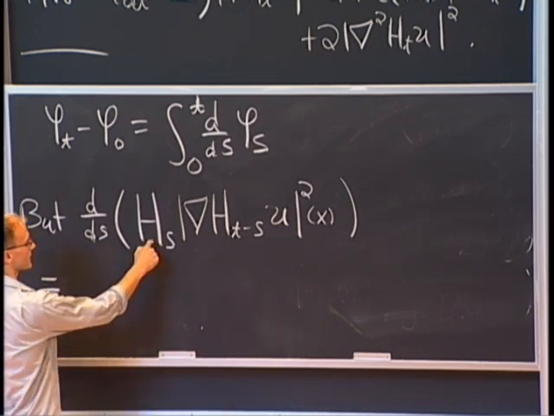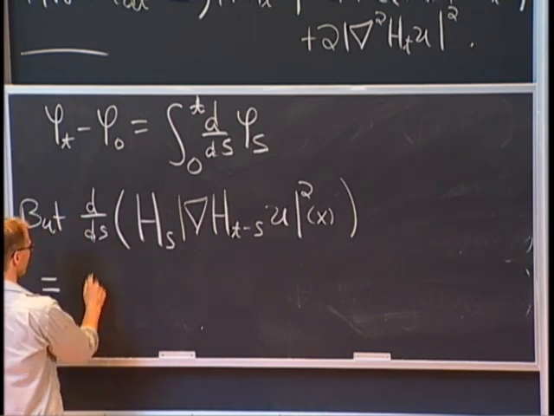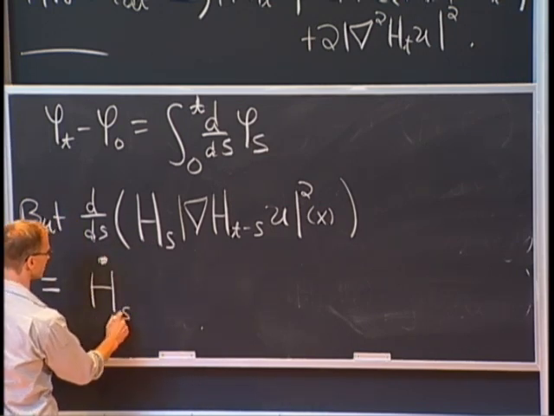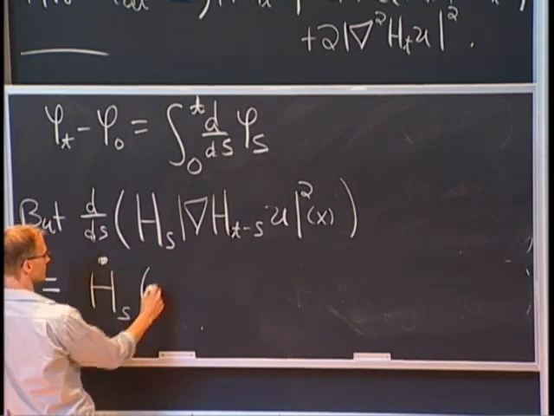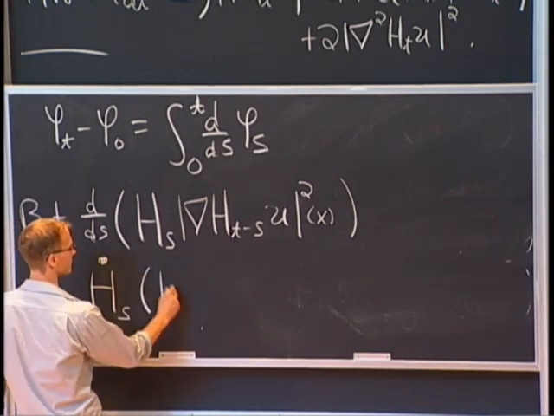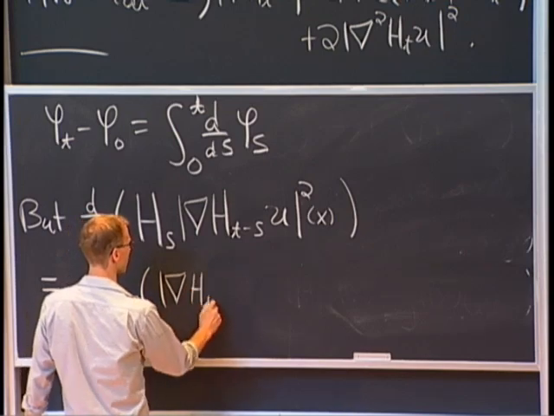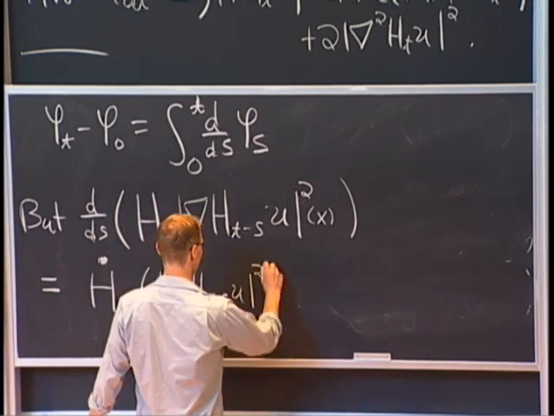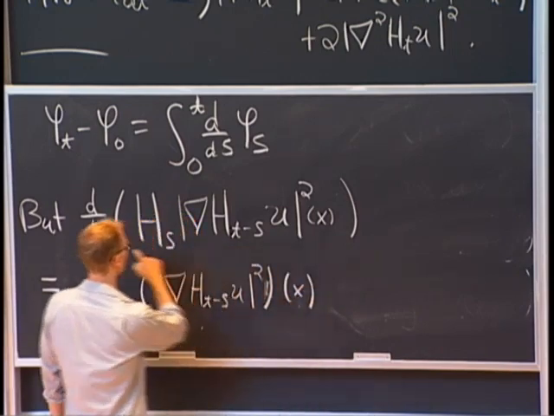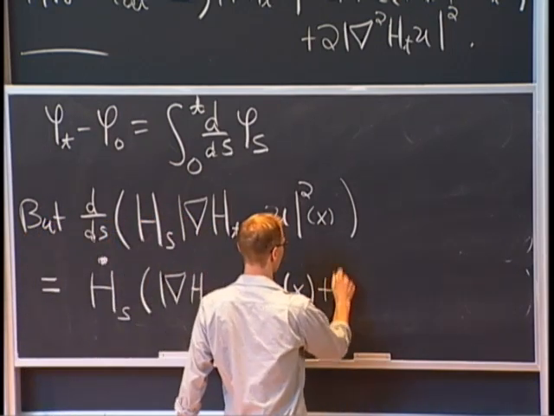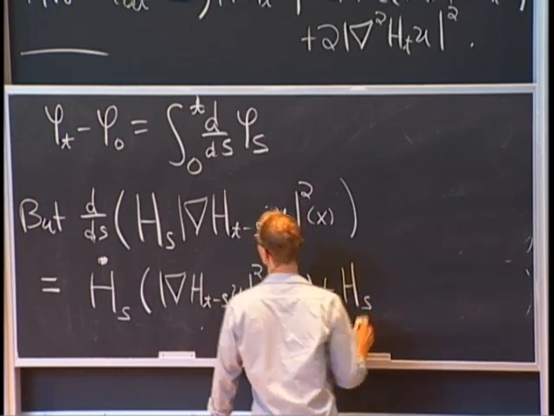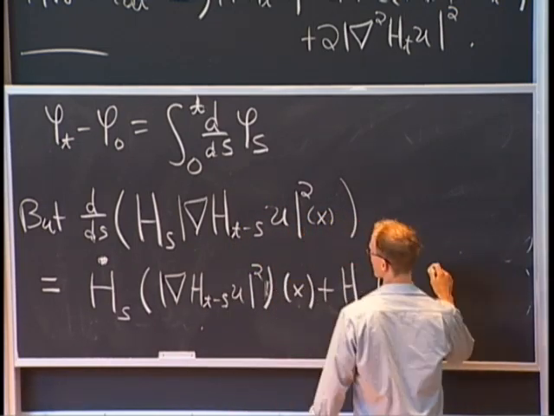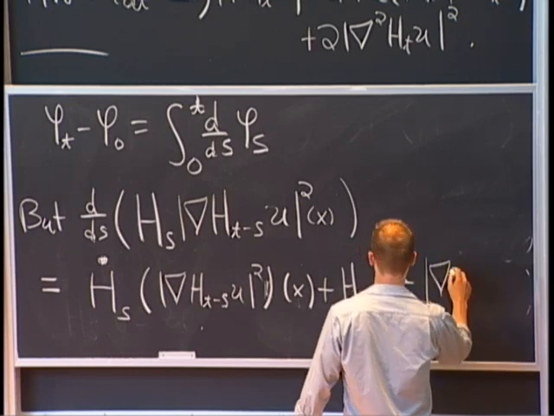We can hit the first term, so we get the rate of change of this function evaluated at the gradient of h_{t-s} u squared of x. Or we can hit inside the term to get h_s of d/ds of this thing, which is the gradient of